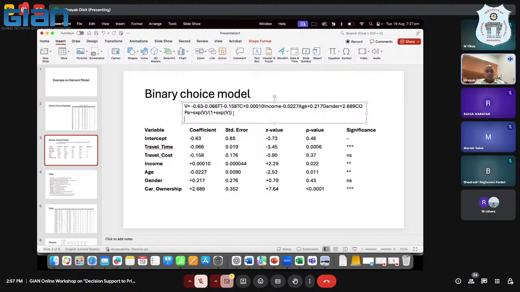Now, one question which is always asked is, what is the value of time? The value of time is nothing but the coefficient of travel time, that is minus 0.066, divided by the coefficient of travel cost, that is minus 0.158. And we have to, of course, make sure that the travel time units and all of that are appropriate. So this will come out to be, just making a quick